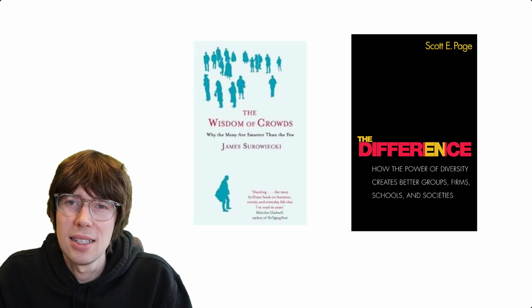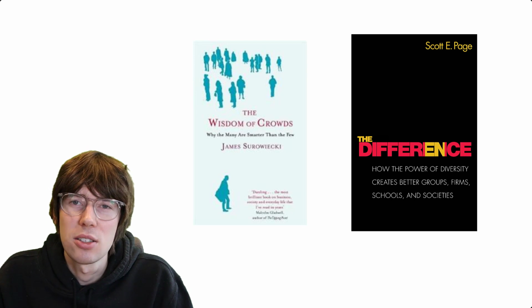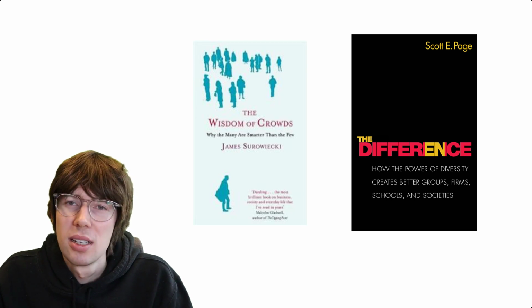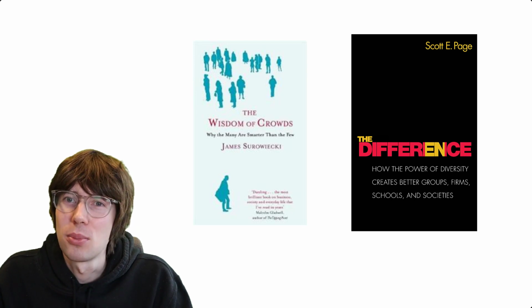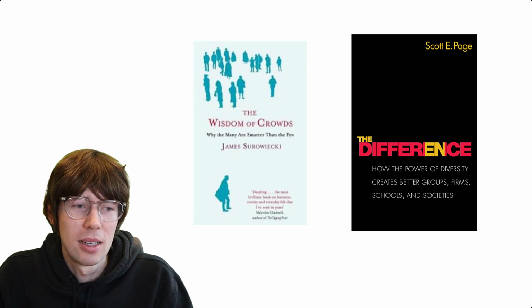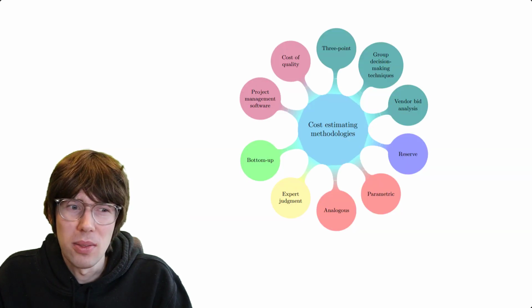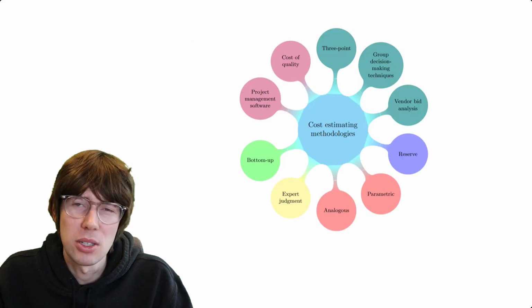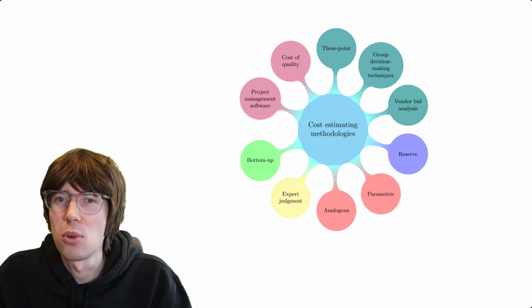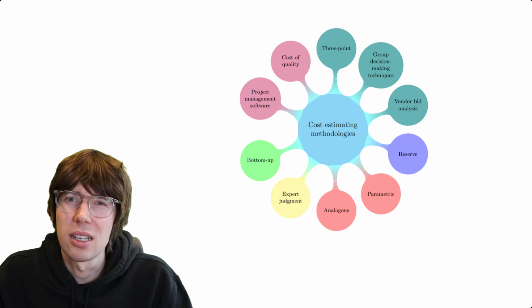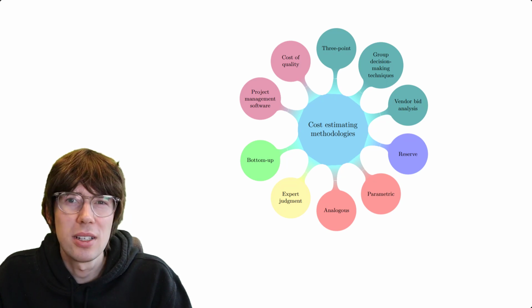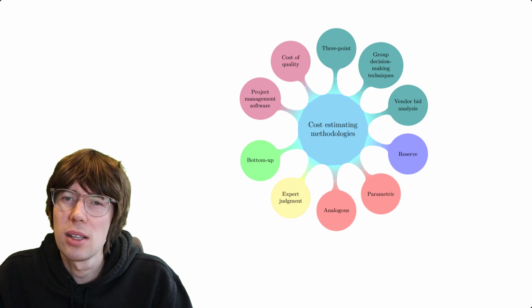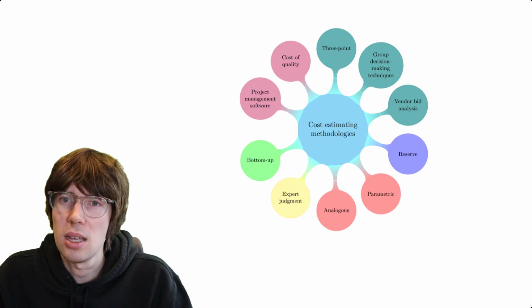So that book is actually intended for a more general audience. He has of course academic publications about the topic, but this book is easier to understand than those papers. But this is a very difficult book to read, I have to admit. So those are the books that I'm recommending based on these 10 different methods from the Project Management Body of Knowledge. There are a lot of other books that are also somewhat relevant. Malcolm Gladwell's book Blink, for instance, is also a bit relevant, I suppose. But I will put a more extensive list on my course page.